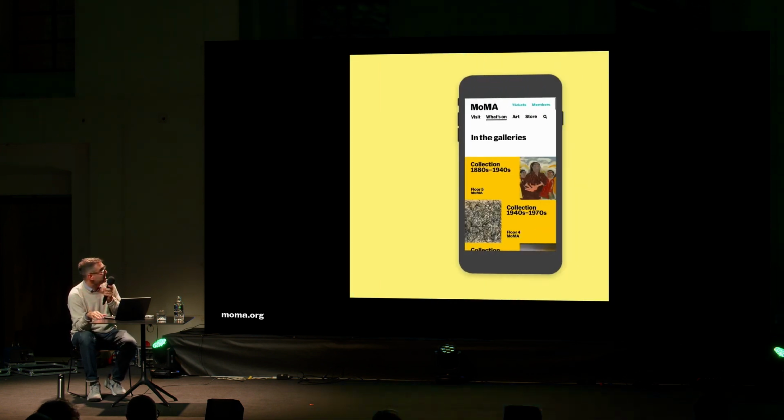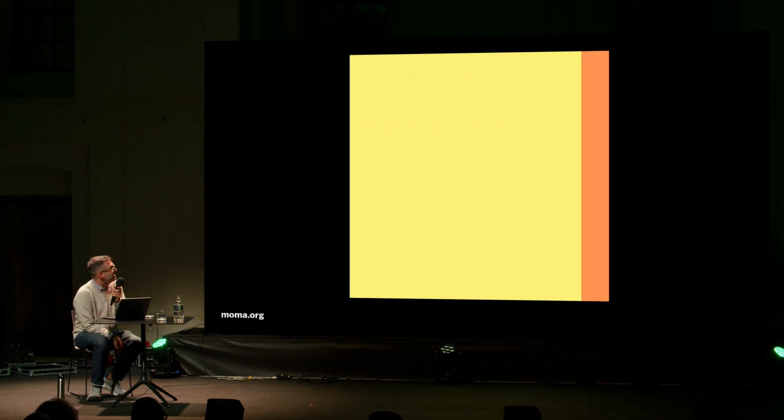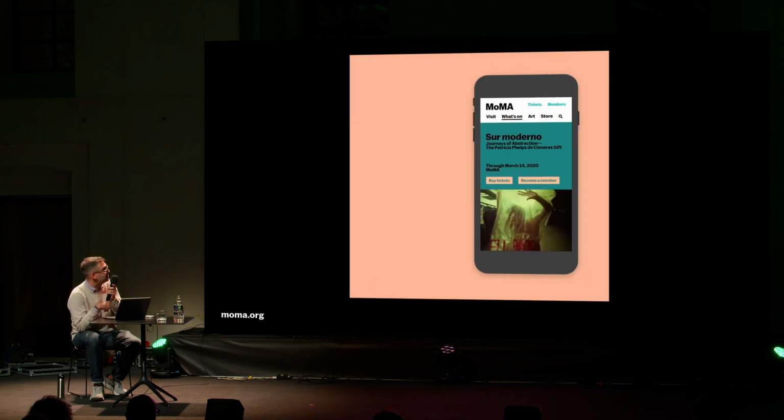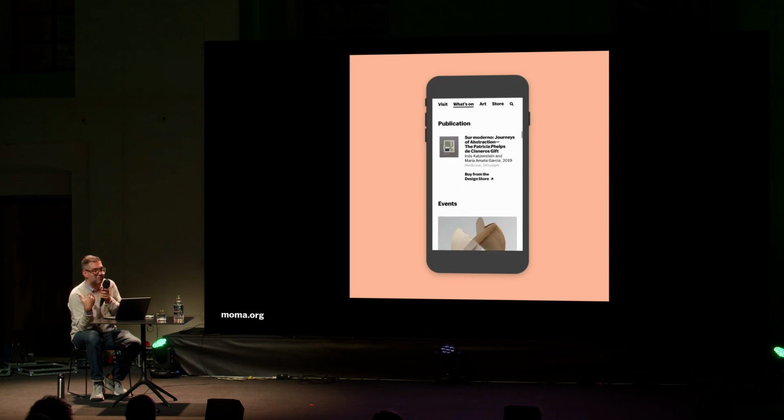redesign the website, not under the hood, but basically reface the cabinets, as we like to say, and bring a lot more of the identity to life on the website. So, we have these areas where there's a lot of color, and that really almost is like a marketing area, like a poster within the website. And then there's areas that are more research-driven or scholarly, where there's less color, and it's a little bit more